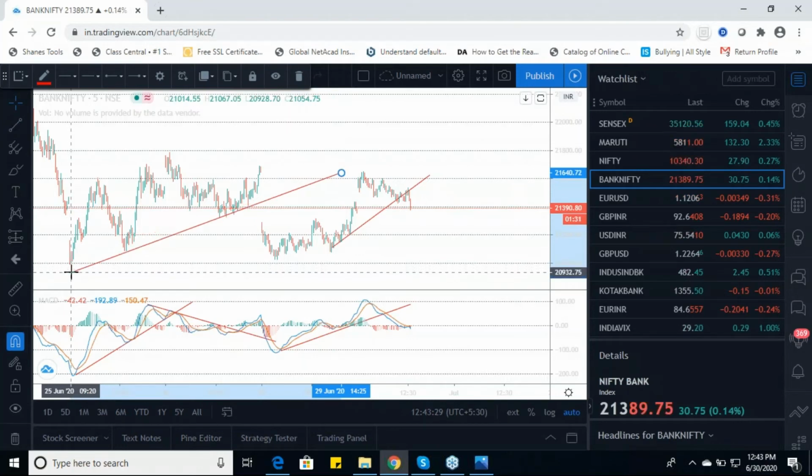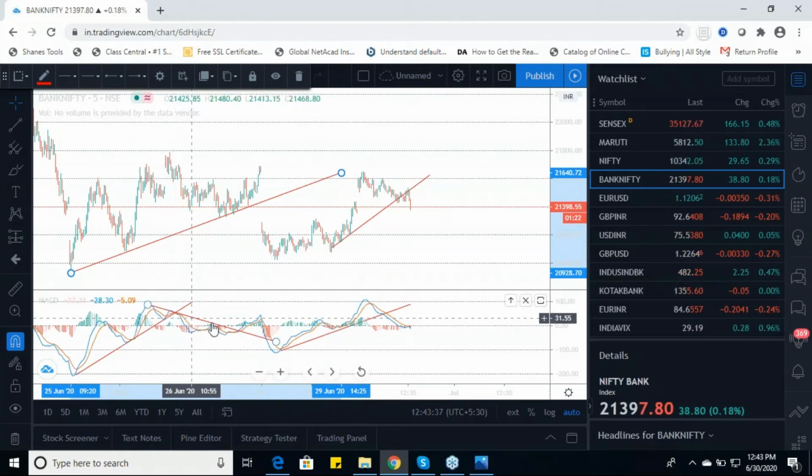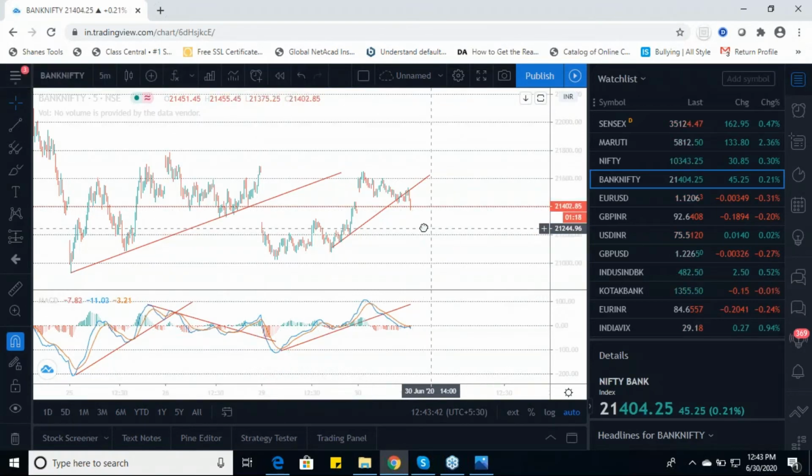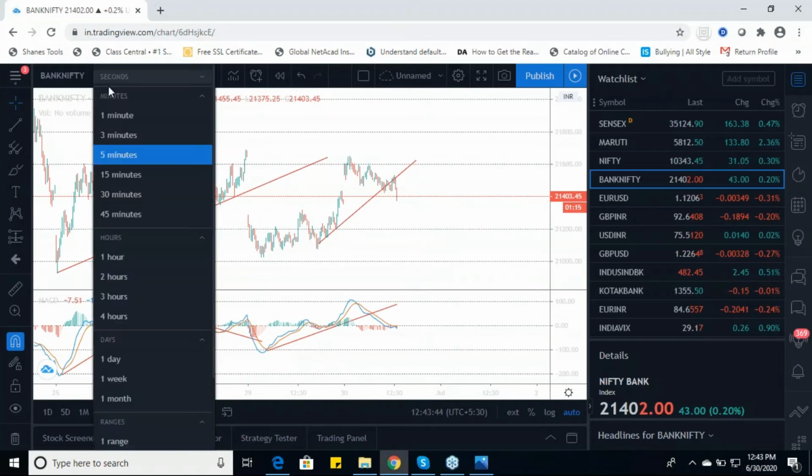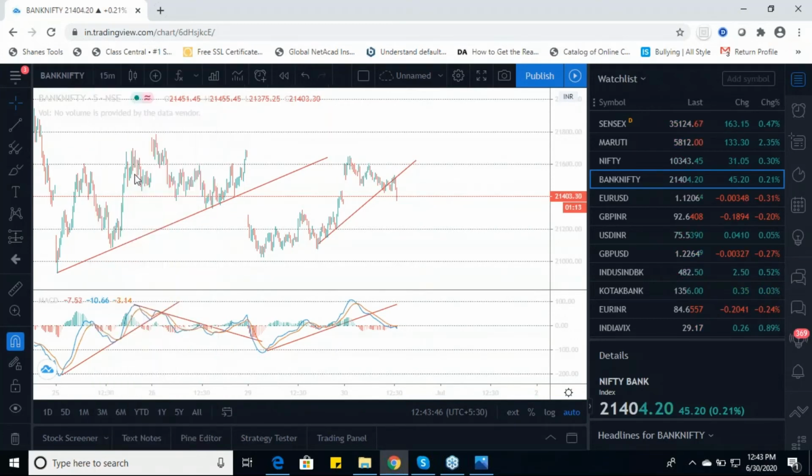See, that's how lovely this pattern is. This pattern has already been shown here with an exit sign. This is the selling signal which it has given here, and the sell was made on a divergence over there. So that's the Bank Nifty chart. That's the 5-minute chart which you have open. Let's move ahead with a longer duration chart.